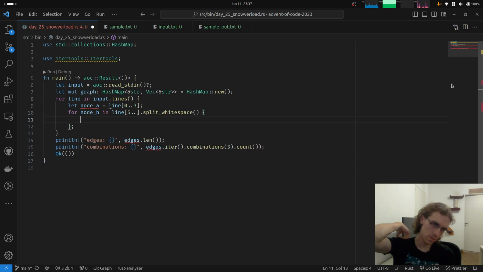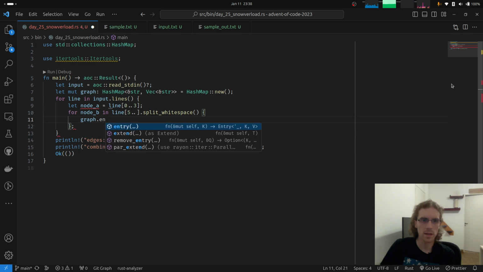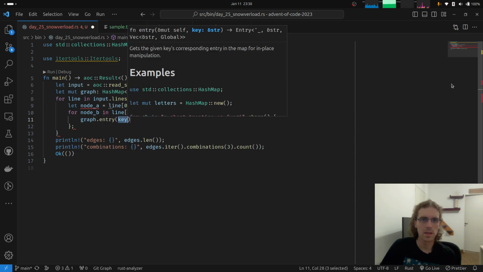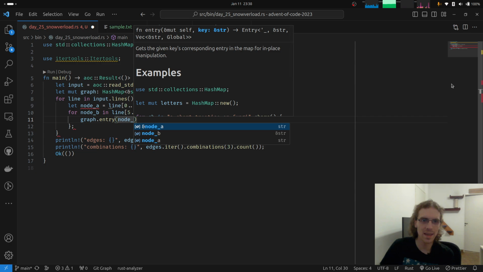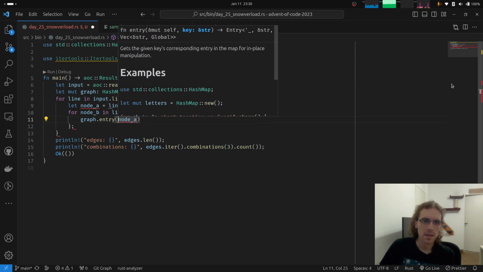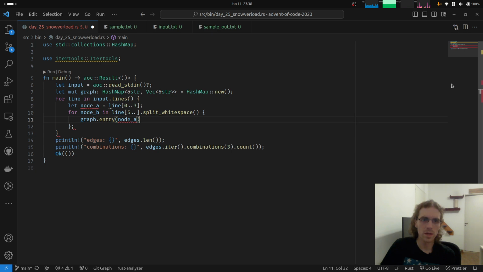We are going to say, okay, the node A connects to node B, and the node B connects to node A. So how do we do that? We're going to say graph. Let's see if I have finally learned how to use the entry API for maps. I don't think I have, but let's see. Give me the entry for node A,